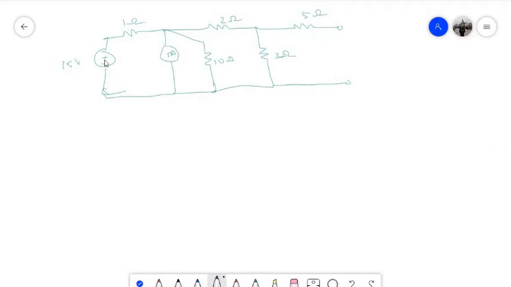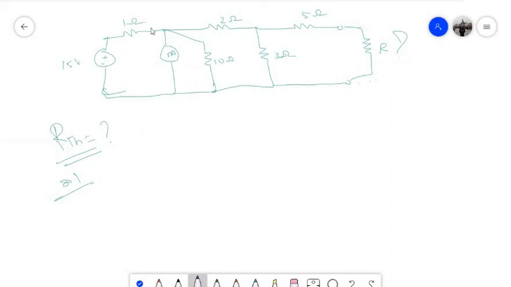So all data is given. The question is, what is the value of resistance that should be connected across this terminal so that it can draw maximum power from this source network. So ultimately, you need to find RTH. Okay, so that is your task. To start with, maybe you can use nodal analysis.